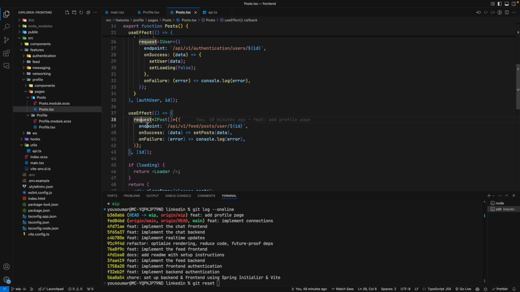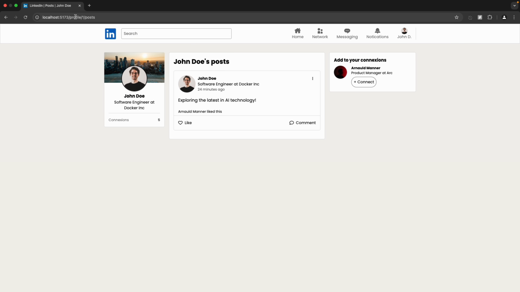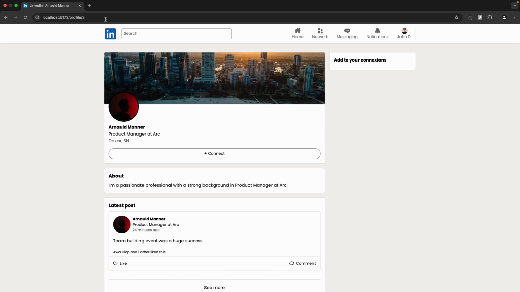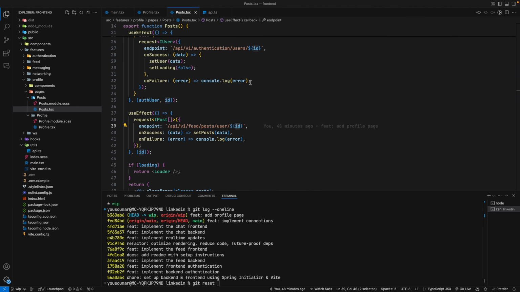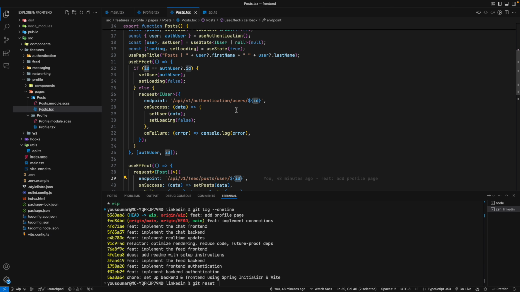So we're grabbing the posts of this user, and which user we are using. For that, we are using the ID that's here. As you can see, it's saying profile and then profile 1. If I go to Arnold here, it's gonna say profile number 3, and then if I go to his post page, it's gonna say profile 3. So we're grabbing the ID of the user that's in the URL, and then I'm making the call. And also here,